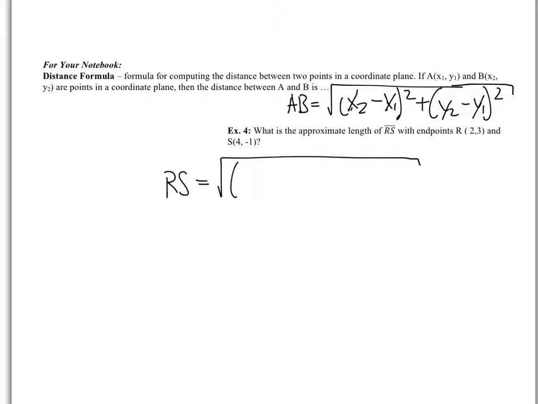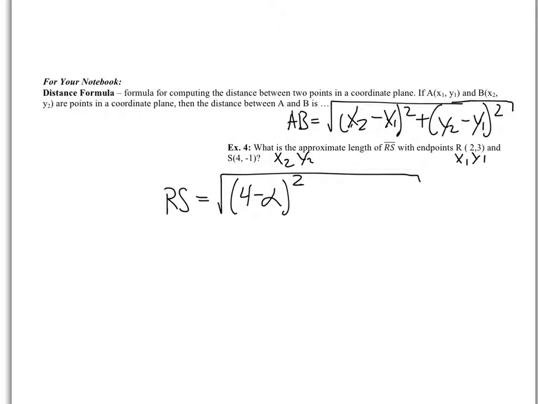We'll let this be x1, y1, and then this will be x2, y2 for those values. So my x2 value, which is 4, minus my x1 value, which is 2, parentheses, squared,